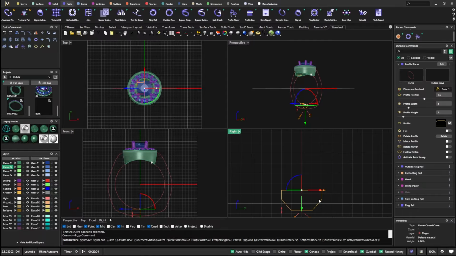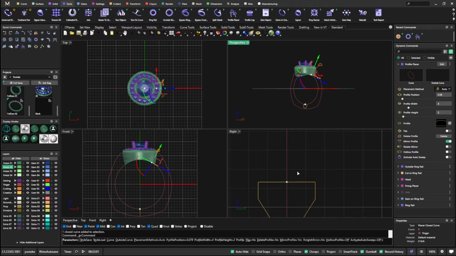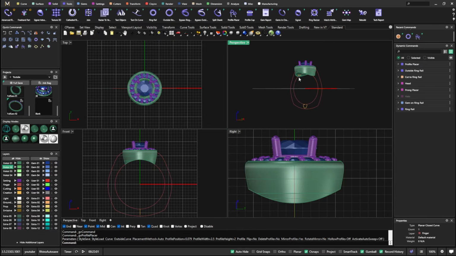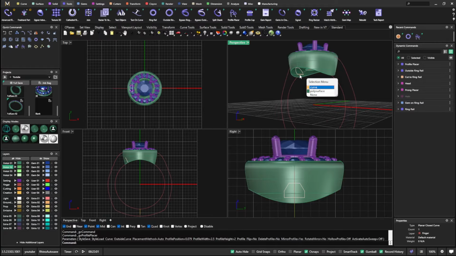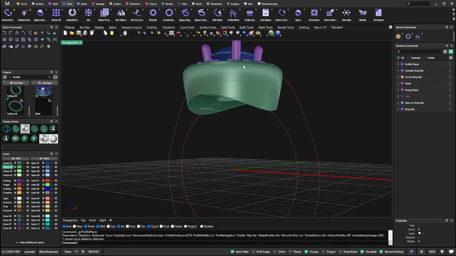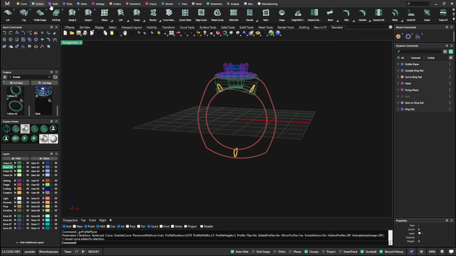And then this one, I'm going to bring into like a 3. I'm going to go back up here to this one and bring that into maybe a 2.5, something like that, right? And we'll accept that. So what it did is it took this one and this one and made them both 2.5. So they're both the same because they were mirrored, right? All right, and see what we got. We'll just go ahead and turn to wireframe here so we can see everything really well. And we'll go to surface 2